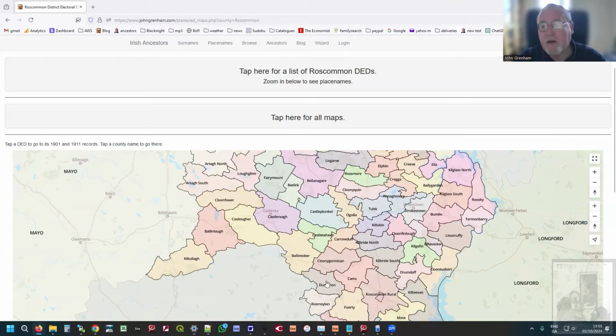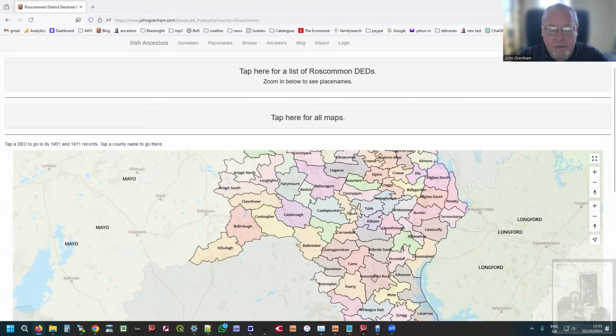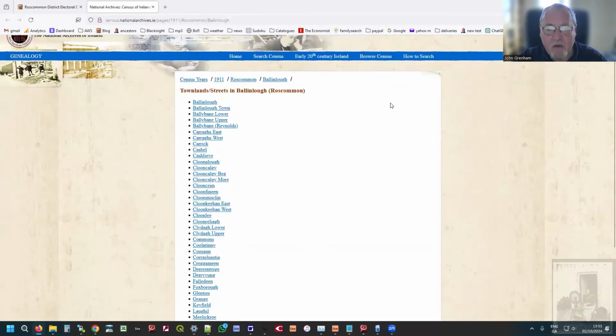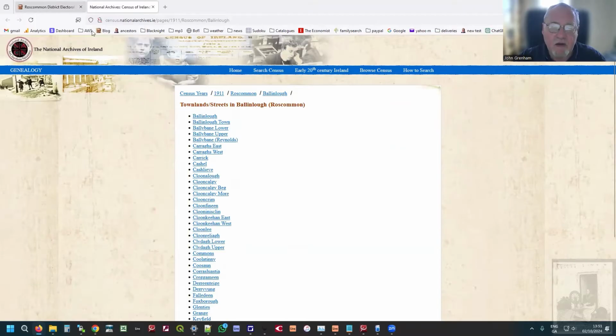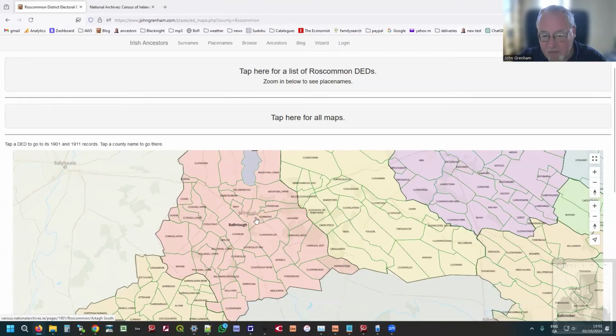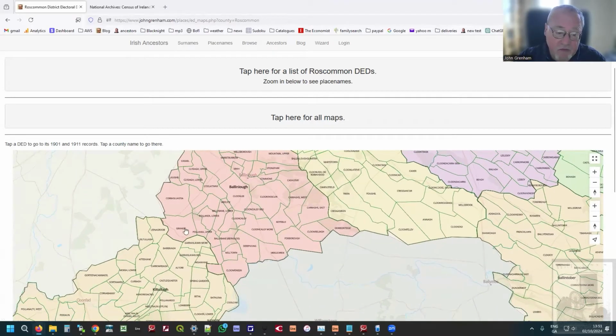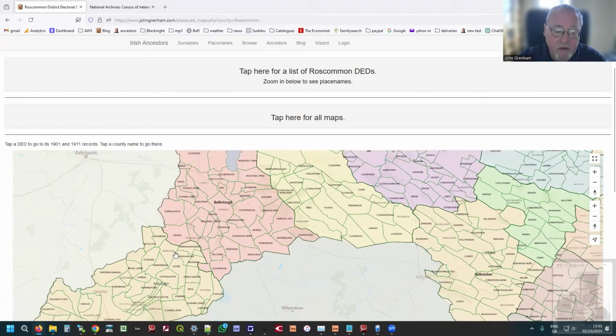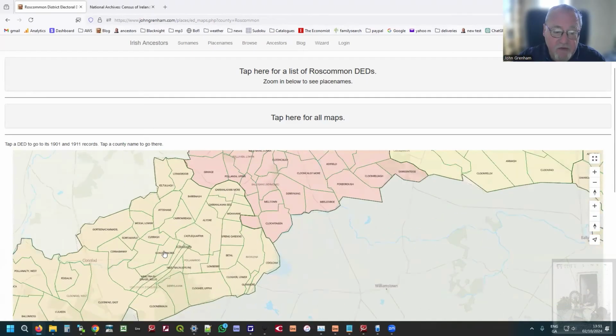It's Kiltulla. Let me just continue on the practical side of it. You can then click on that and see the 1901 and 1911. Let's make it 1911. And there's Ballinlough, and there are all the place names in Ballinlough. And if you zoom in, you can see where the place names are as well. So there are all the place names in the district electoral division of Ballinlough. If you wanted to see, for example, who the neighbours to the people in Grange were, they're in Barina. And Barina is in Kiltulla, which is a completely different